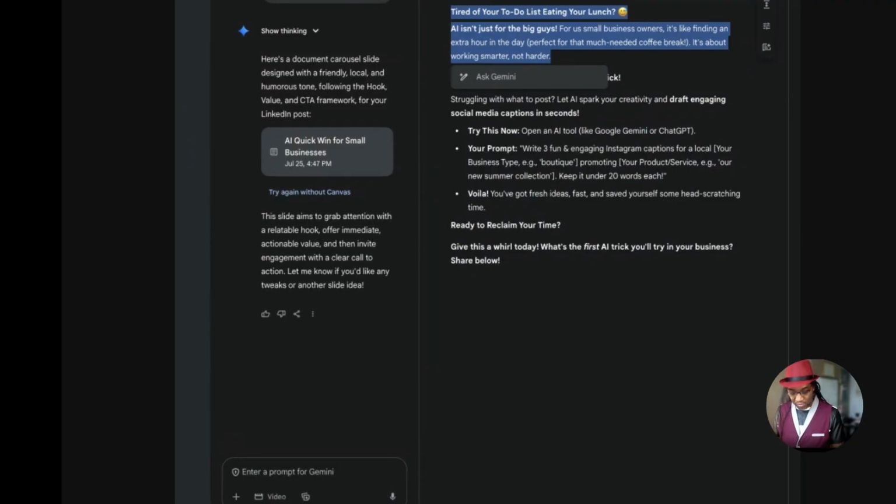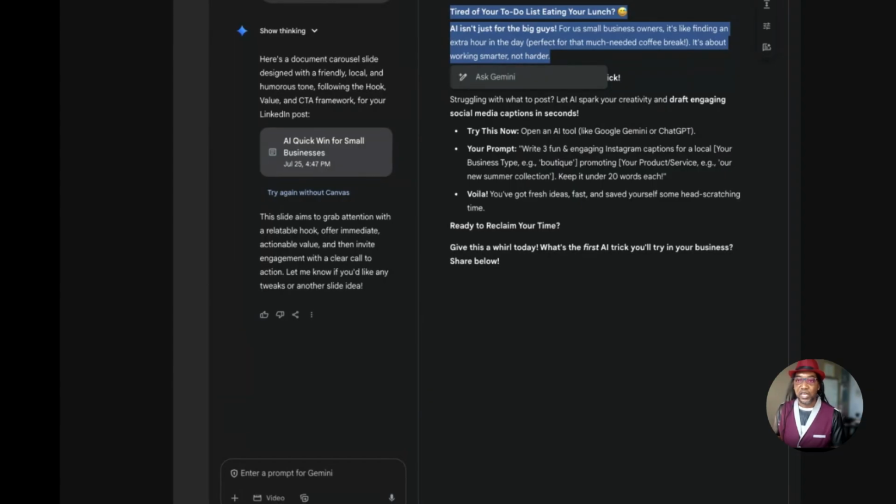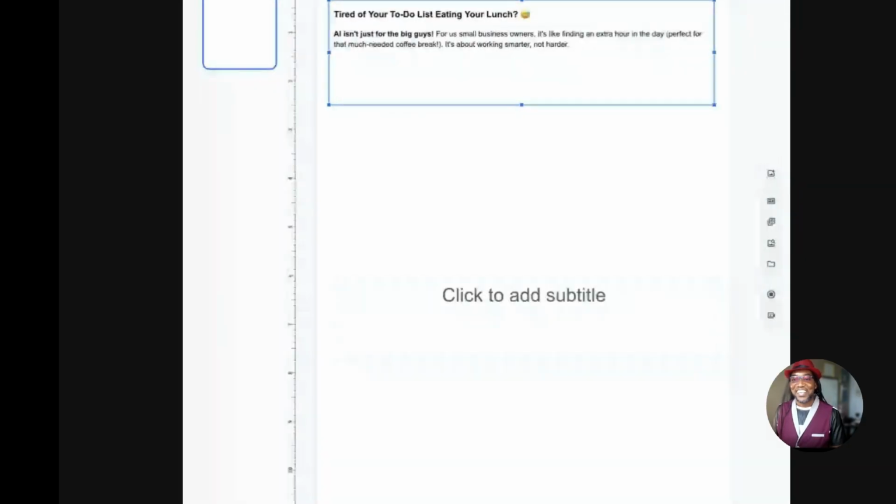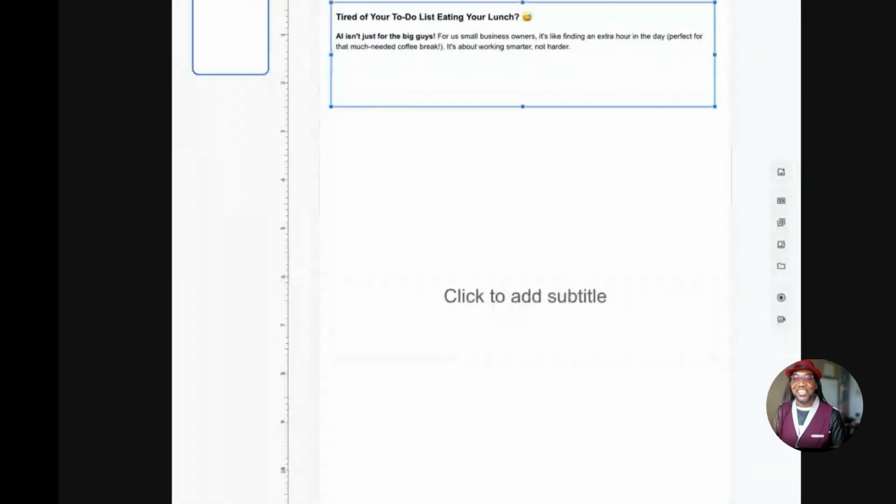And we're going to do some reformatting. I'm going to try to be as fast as possible, but this is totally up to you. So this first section, the hook, is usually going to be on top. I'm just going to drag it up there, reformat in a second, and I'm not showing you that. So let me share that screen so you can see it. And there it is. I'm going to go back to the Gemini window and grab the value and paste it in there.